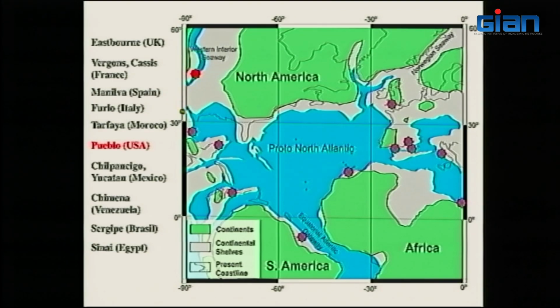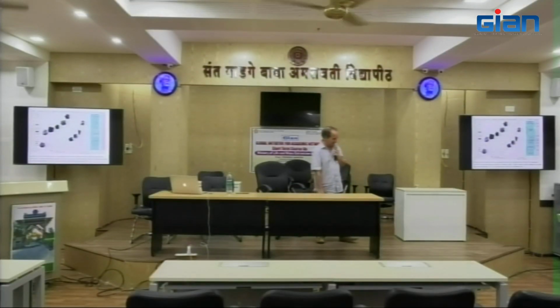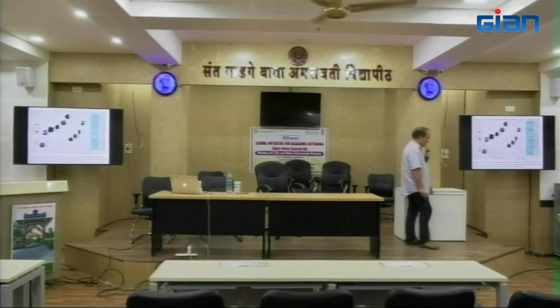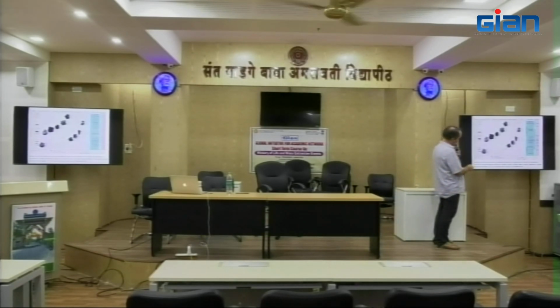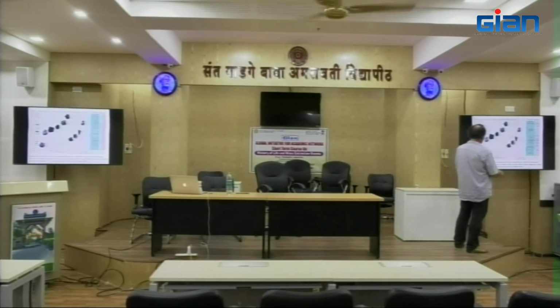First we'll look at that section, which is located close to Denver in the USA. And during this time, this was more or less the Atlantic here, and there was the Western Interior Seaway from the Atlantic to the Boreal, the Pacific, higher up, okay? And this section is located here, and this is a very good section. Why? Because we have a nice biostratigraphy linked to the planktonic foraminifera, and we have a very nice,